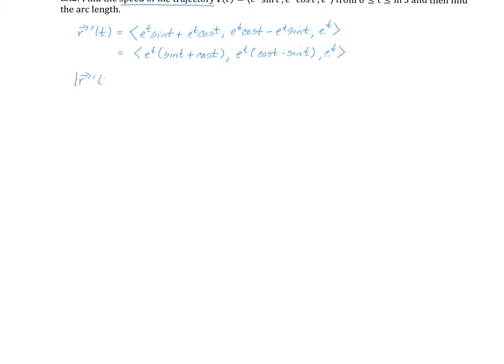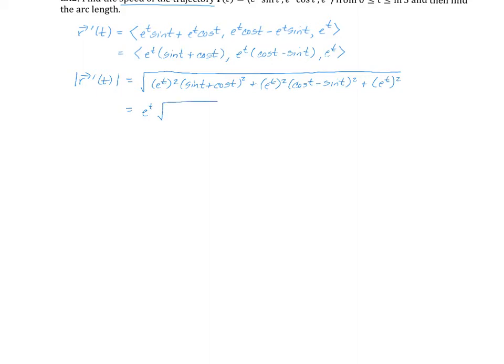Computing the magnitude of r prime, I have the square root of e to the t squared times sine t plus cosine t squared, plus e to the t squared times cosine t minus sine t squared, plus e to the t squared, all underneath this square root. So I could factor out an e to the t, and it's squared, so that can come out as just e to the t in front of my square root. And then looking at what remains,